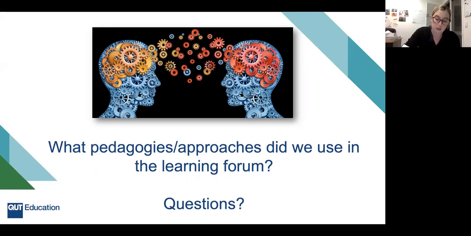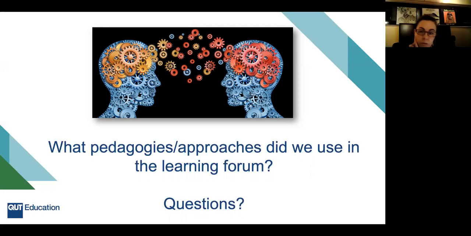The pedagogical content knowledge, because they were examples. Yeah, good. So analysing learning content and unpacking examples in practice. Excellent.